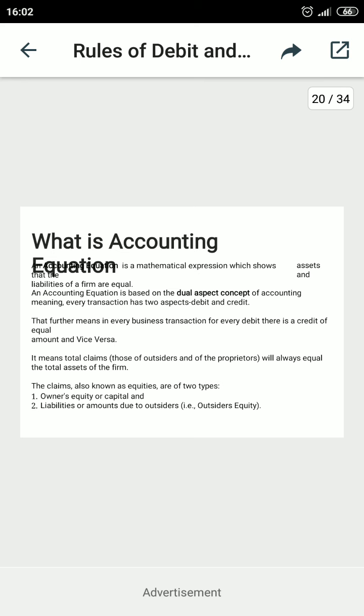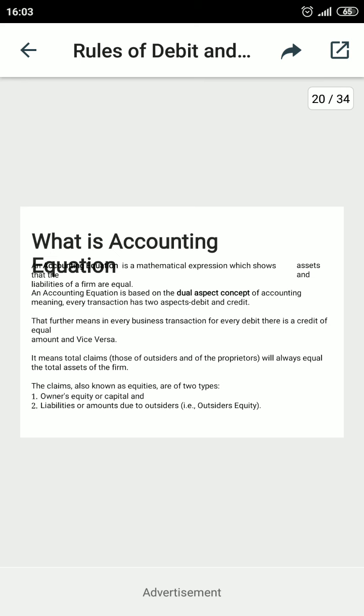So what is the accounting equation? When I say accounting equation, I mean every transaction in the business organization is recorded in the form of an equation, and then it is called the accounting equation: A equals L plus C. A in short form refers to asset, L is liabilities and C is for capital. These accounting equations record transactions in equation form, and second, they are based on the dual aspect concept.